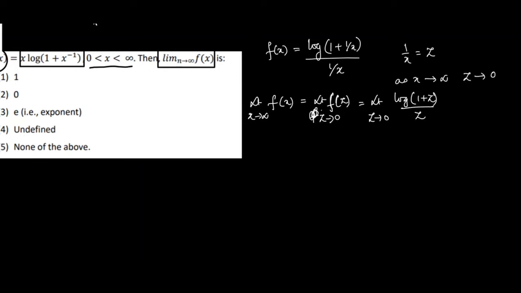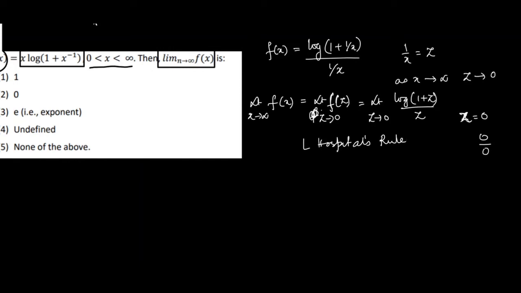Now we can see that if we put the value of z equal to 0 in this, then the function becomes of the form 0 by 0. So therefore we have to use L'Hospital's rule,